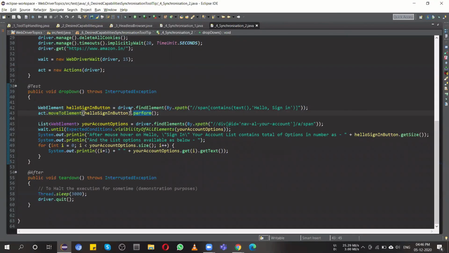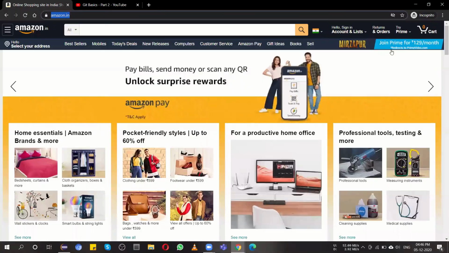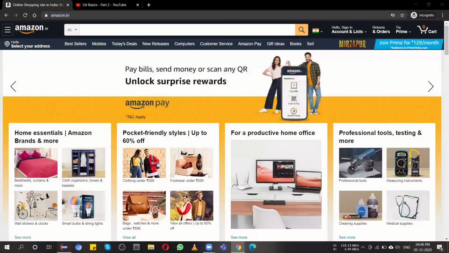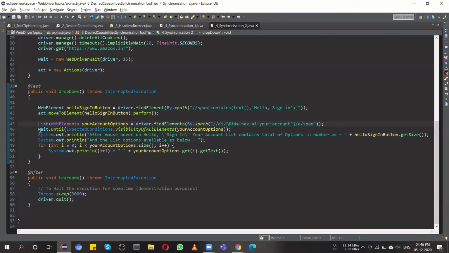Then I found the XPath for all the different options and created a list. Then wait.until expected conditions, visibilityOfAllElements, with the XPath web element. A list of web elements over here has all the options, and then I simply print the count of all the options, and then simply print all the options.